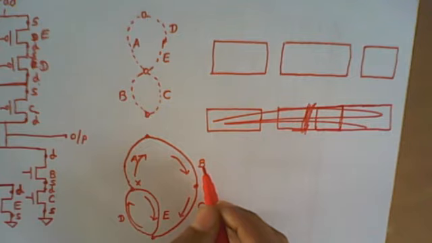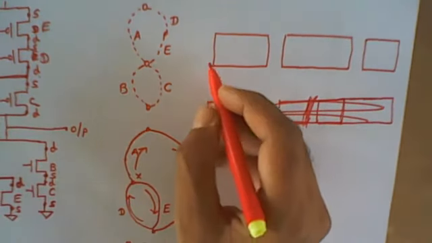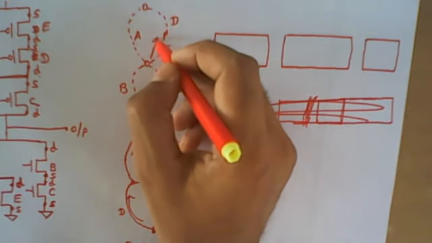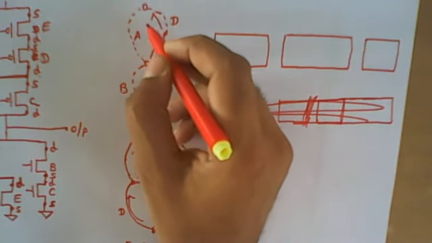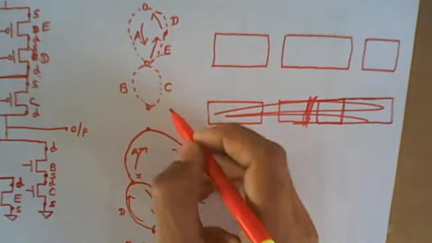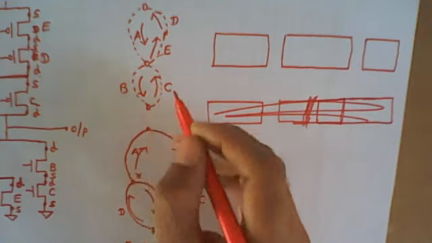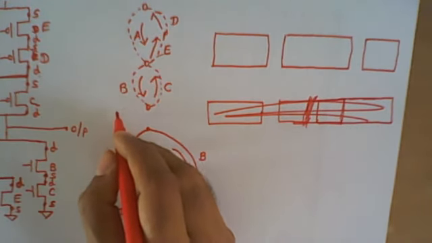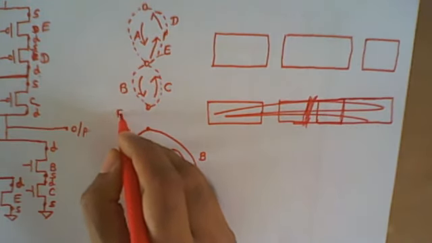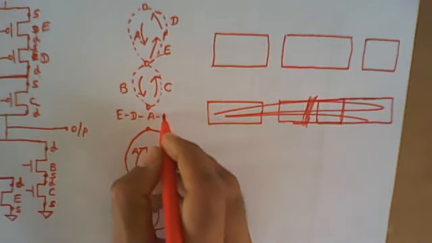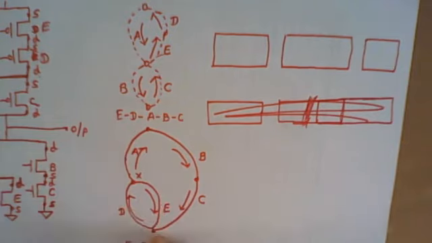Then we can say it is a Euler path. Now let's see. We start with the E. So then E, then D, and then A, and then B, and then C. Yes, this path is possible in a PMOSFET as well. So E, then D, and then A, and then B, and then C.